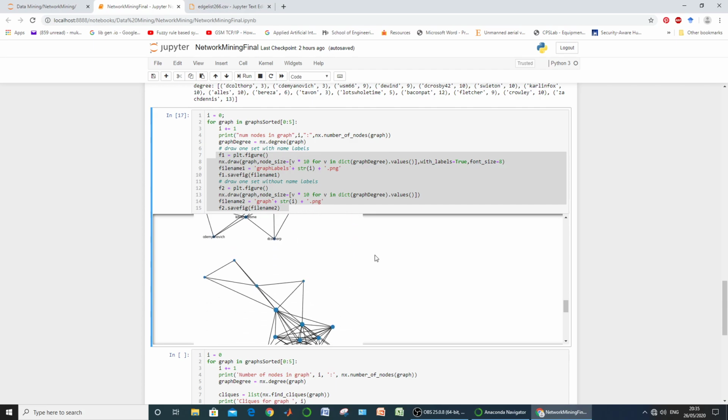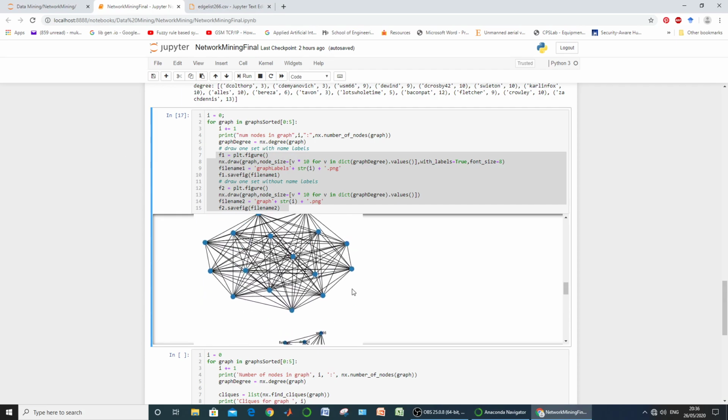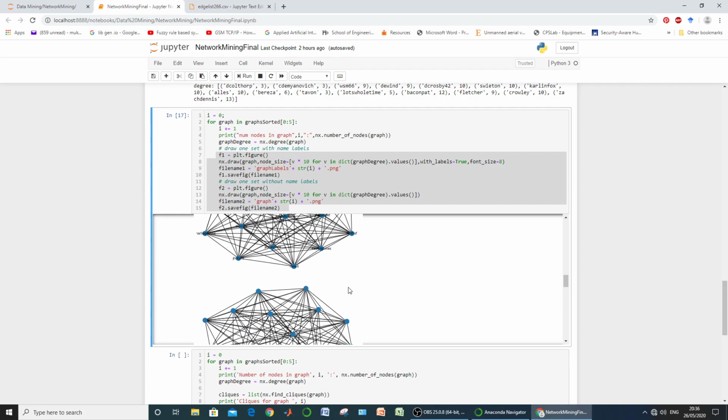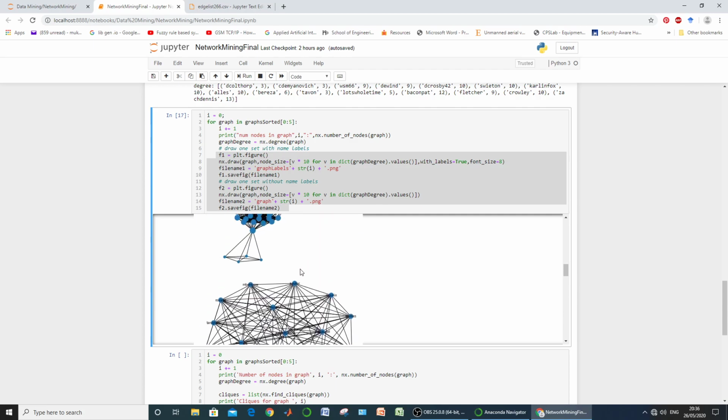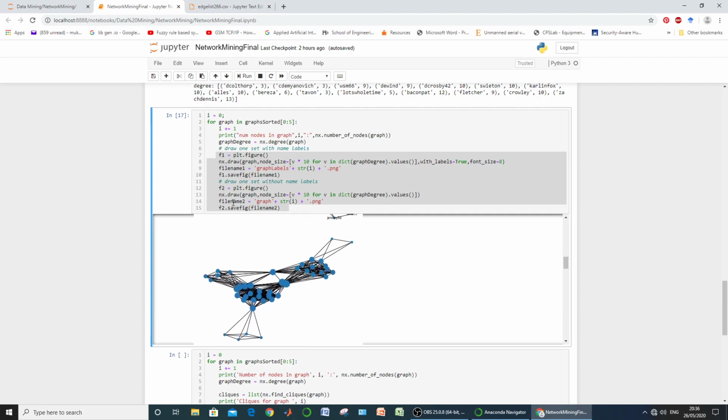In this way there are 5 graphs plotted, and as we are plotting 2 versions of each, one labeled and one unlabeled, in total 10 graphs will be present for visualization. All these 10 graphs are also stored by this statement with a particular name.